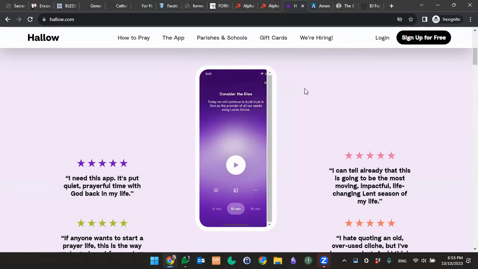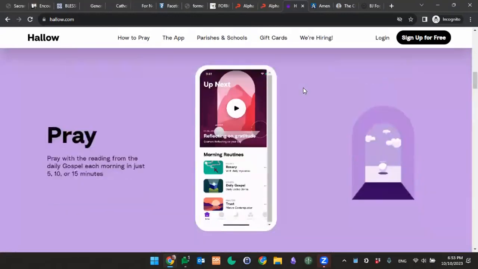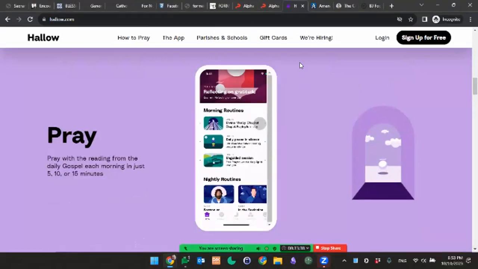One of the things we do is listen to a little daily gospel reflection as we drive the kids to school. It helps everybody reset, even if we had a rushed or frustrating morning. It helps everybody reset on our way to school, and it's been really good. So I'll be pointing you in the direction of these as we go throughout the year. They might be a really useful tool for you and your family, and they're definitely worth checking out.